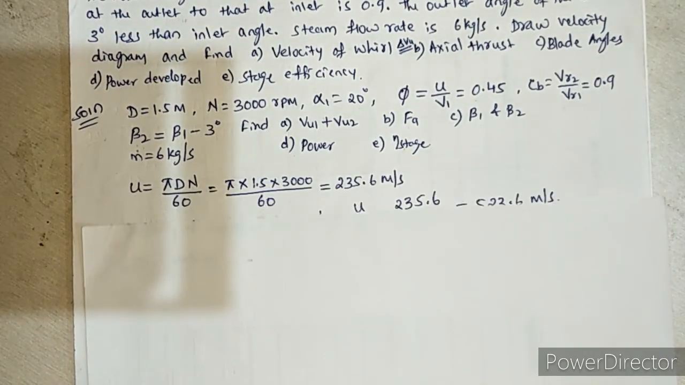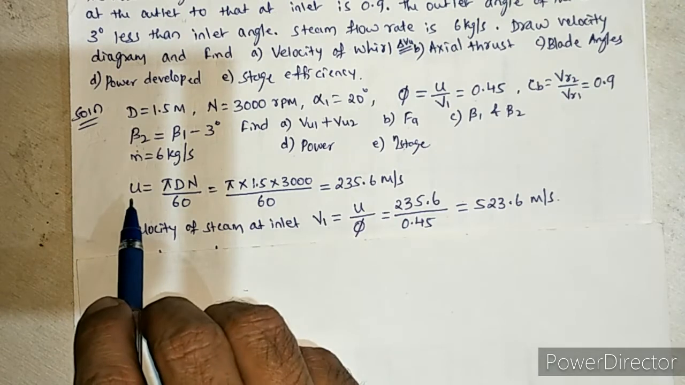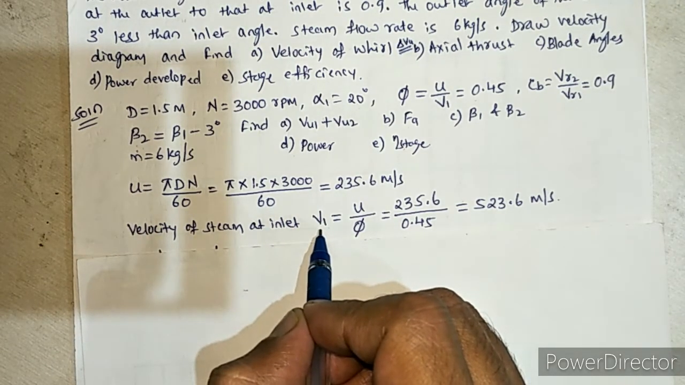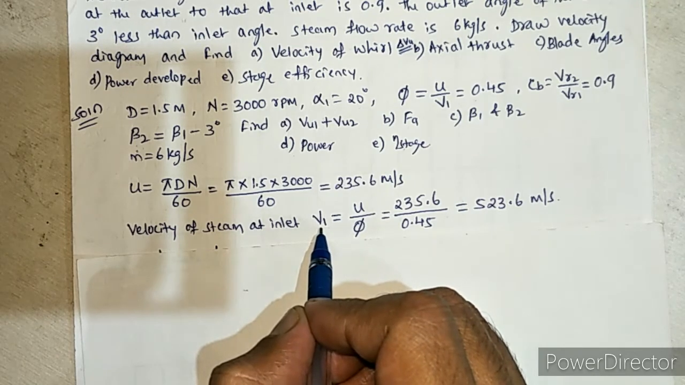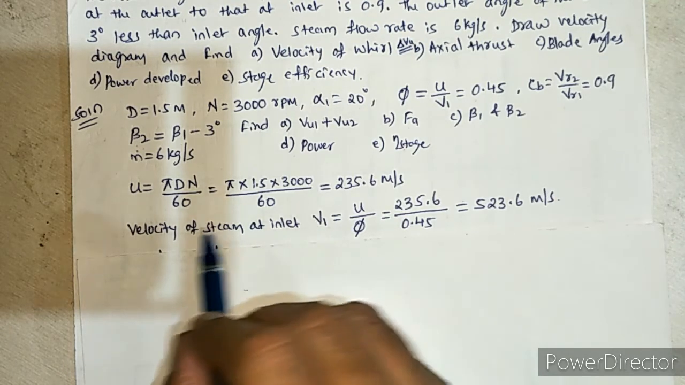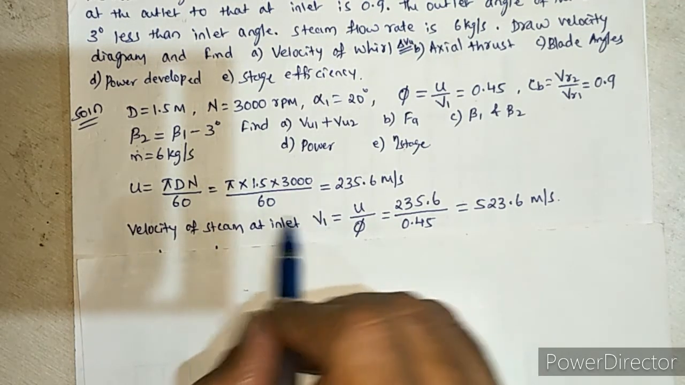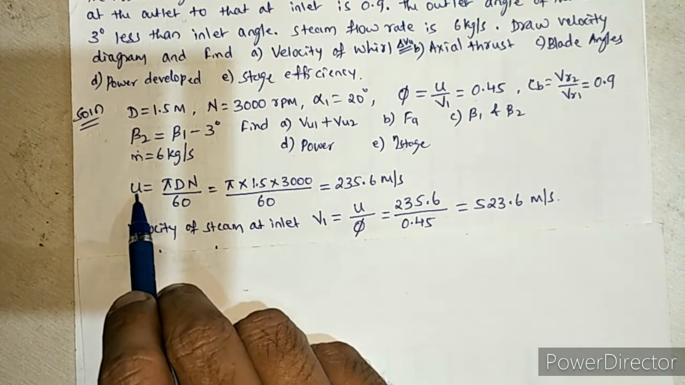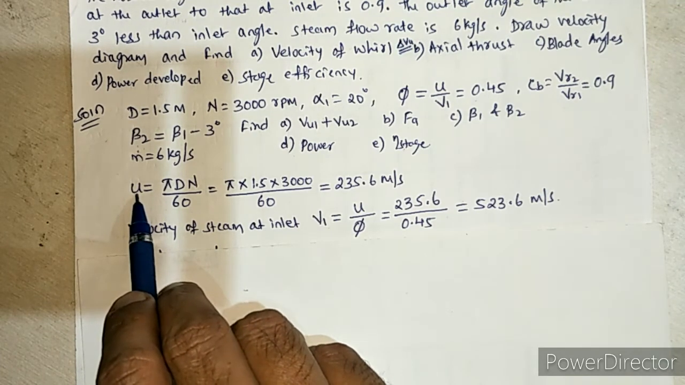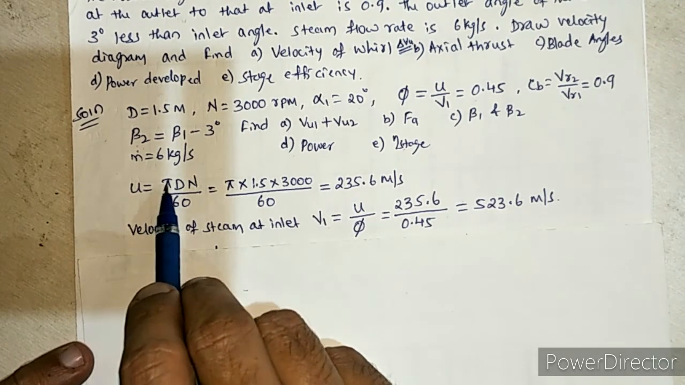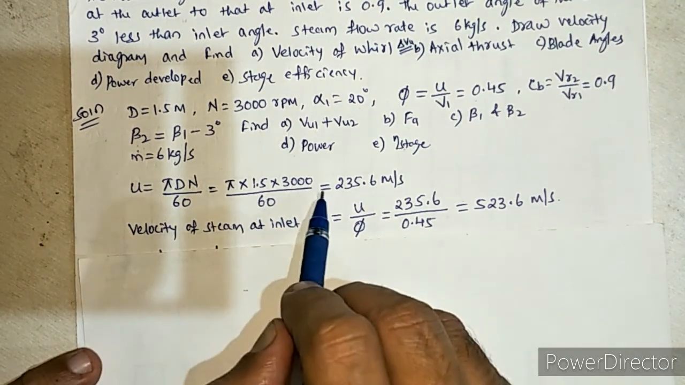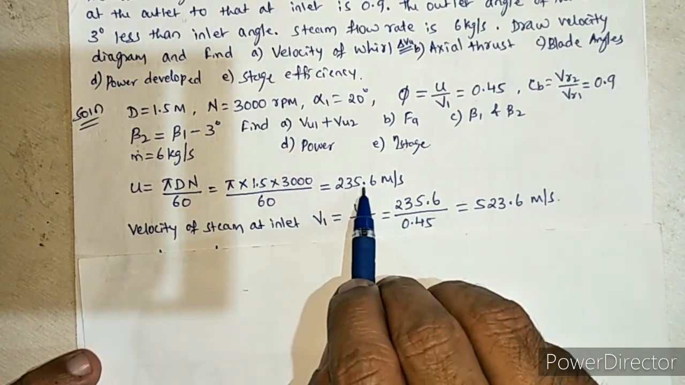Before going for this graphical method, we need to know the value of u, and also the value of v1, that is the inlet velocity of the steam. So v1 is the velocity of the steam at inlet, and u is the peripheral velocity of the blade. First we will calculate the peripheral velocity of the blade. u is equal to pi dn by 60, so pi into 1.5 into 3000 divided by 60. So the value of u will be 235.6 meters per